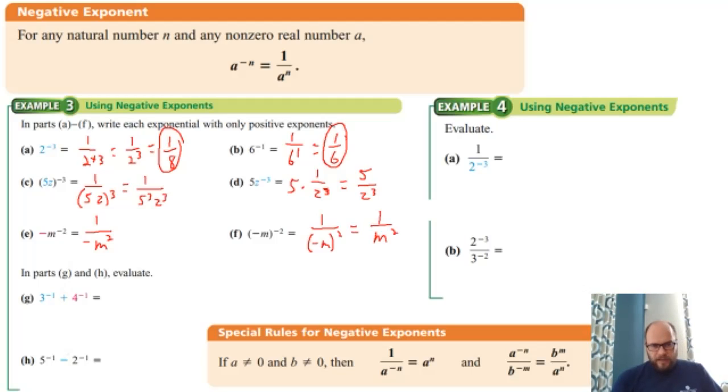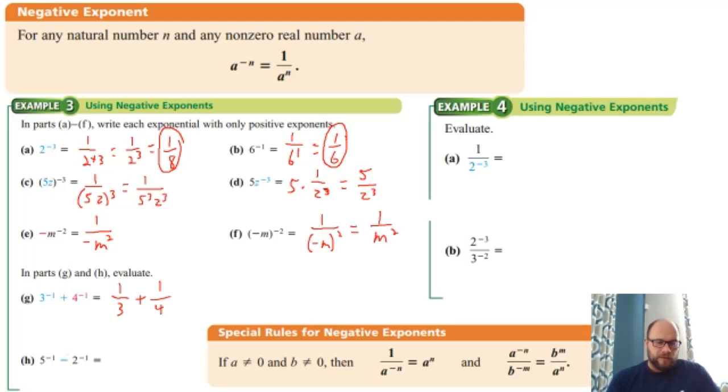On G, we have 3 to the negative 1 and 4 to the negative 1. So on each one of these, again, flipping these separately, we have 1 over 3. Again, we could put the 1 there. We don't have to because it's just the first power. So we have 1/3 plus